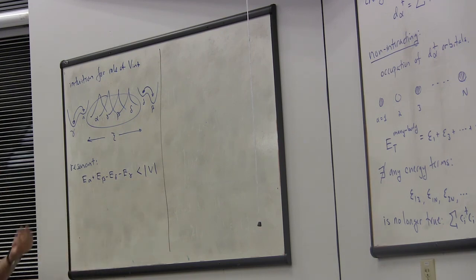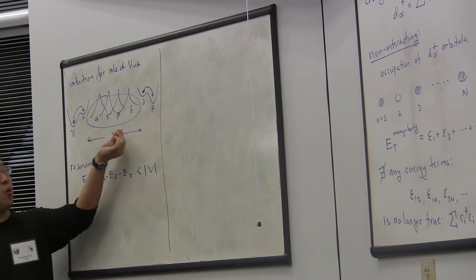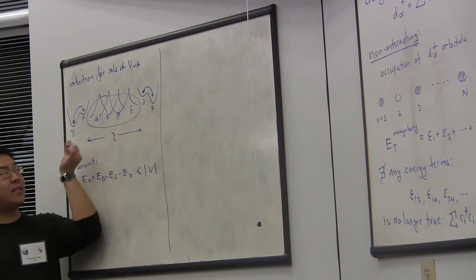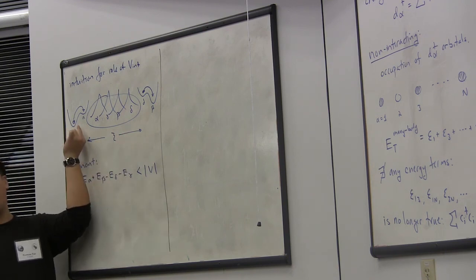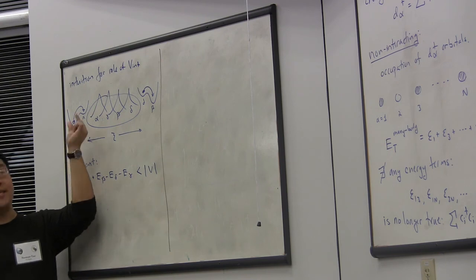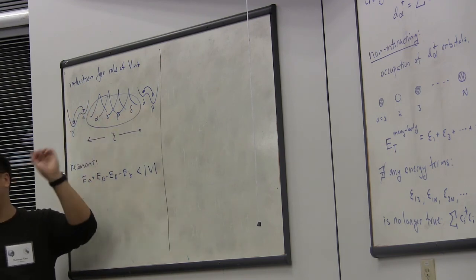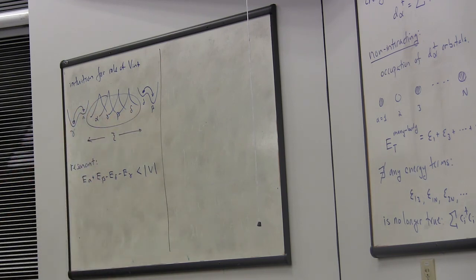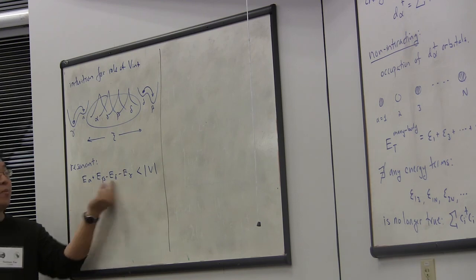And this gives me many, many more ways to actually have transport, starting at small length scales of order the localization length, by borrowing energy from one of these processes and giving it to another process which maybe did not look resonant in the first place. So the interaction term means that things that in the Anderson localized non-interacting case didn't look like they could help each other now have a matrix element where the resonance condition is much, much less stringent.